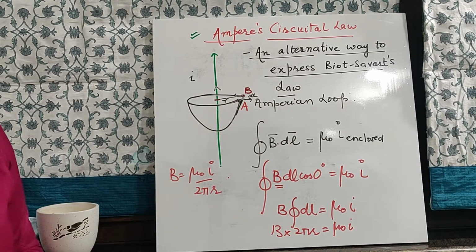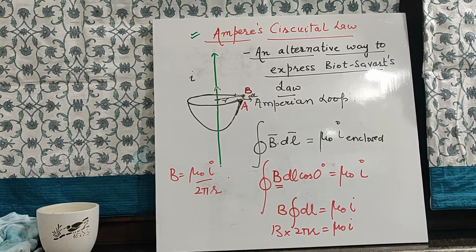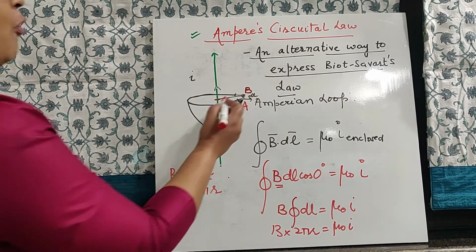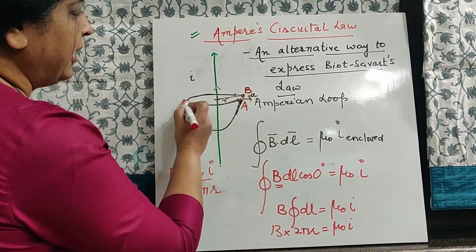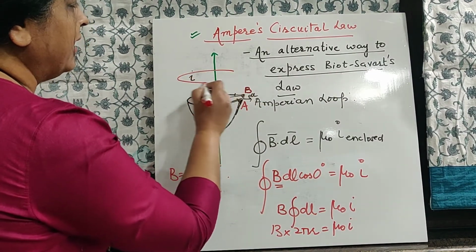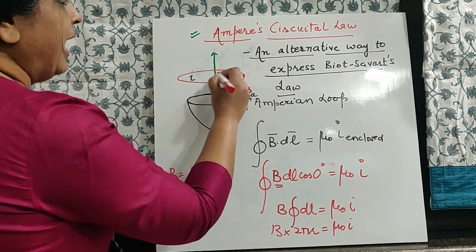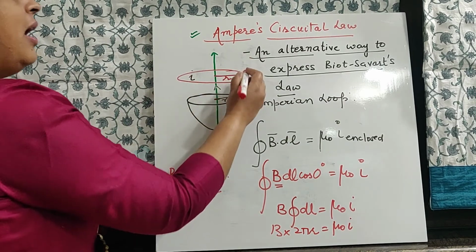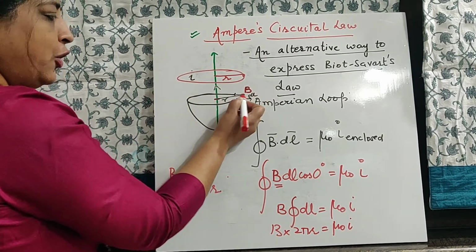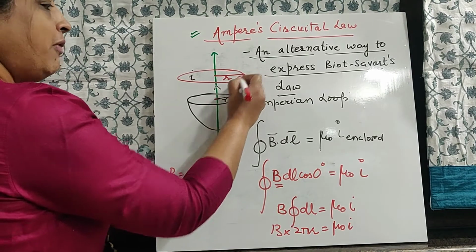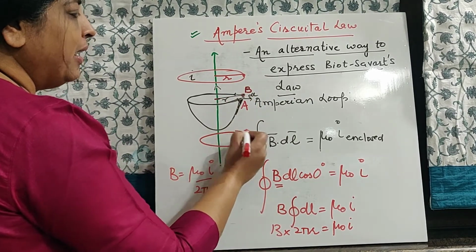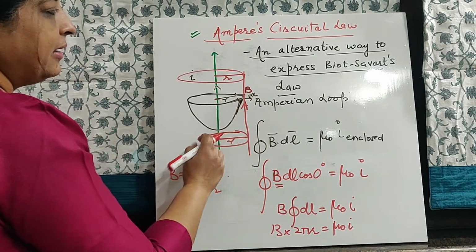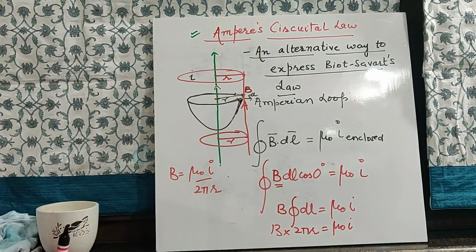Now, we have to write down 4 particular points which we have understood by using the Amperian loop. So, the first point that we will be writing is that the field at every point on the circle. For example, you have taken an Amperian loop over here. Now, at the point which is at a distance r from this circle, the value of magnetic field, whichever you have calculated over here, will be the same over here. If you take an Amperian loop here, then at the same distance r from the conductor, the value of magnetic field will be the same.